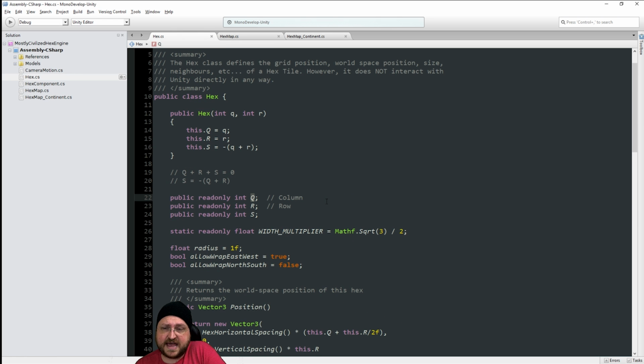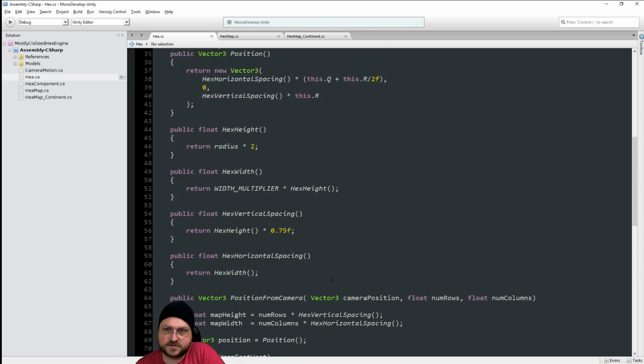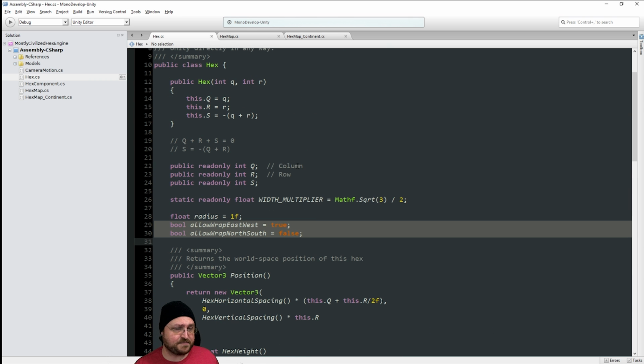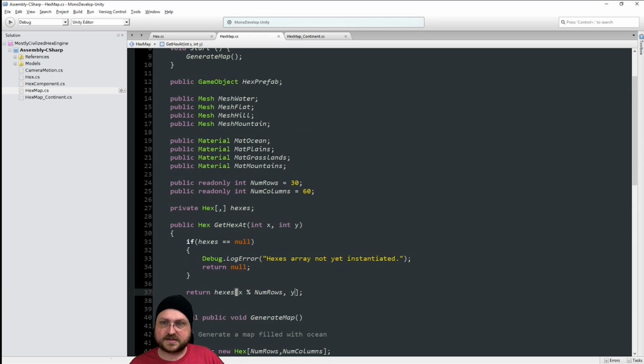We should probably have a switch. Now, in our individual hex here, our hexes are told whether they're allowed to wrap east, west, north, south. And we use that for our camera placement. But I think the map itself should maybe know. Yeah, donut world, torus world. Exactly. Because really what we want to do is we want to allow these bits to be wrapped. So let's say,